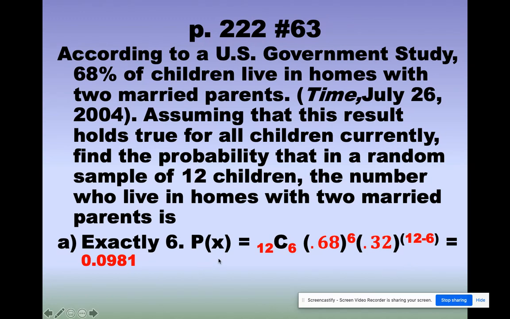So we're going to set up our formula. 12 is our n value. 6 is the x that they're asking us for. 0.68 is our probability of success. That's p. q, remember p plus q has to add up to 1. q is our probability of failure. And here we have our n minus x for our exponent. So we get